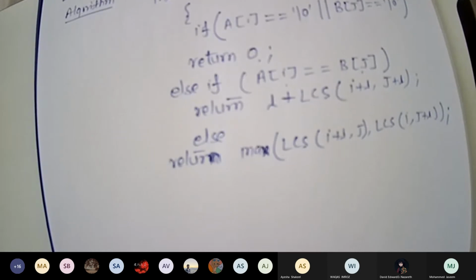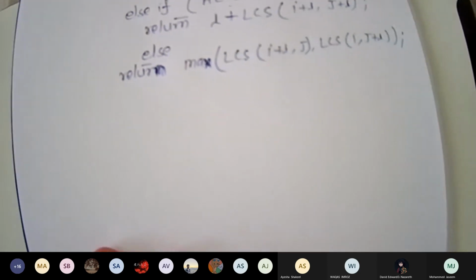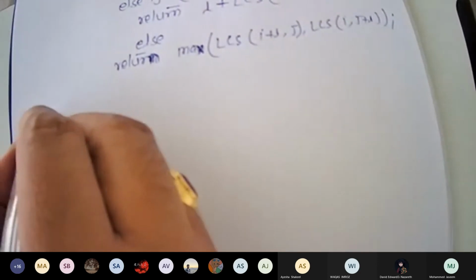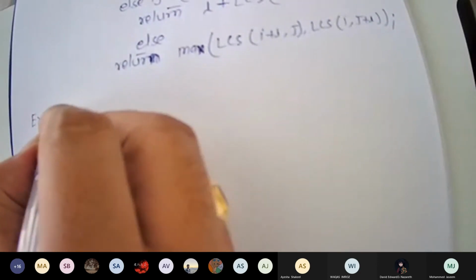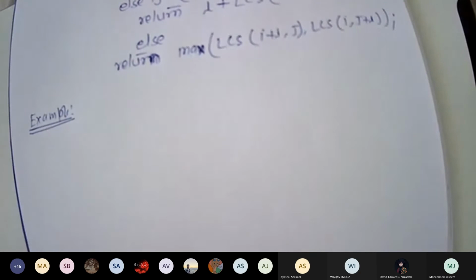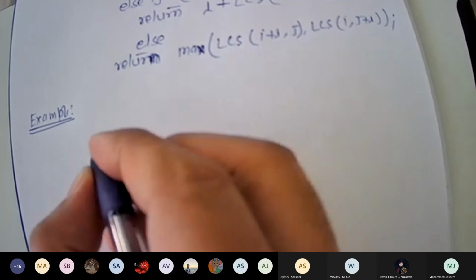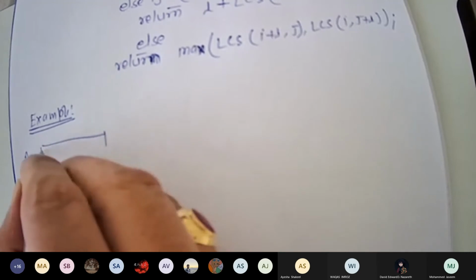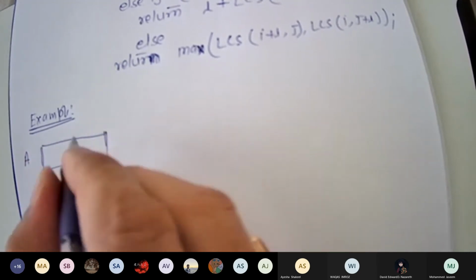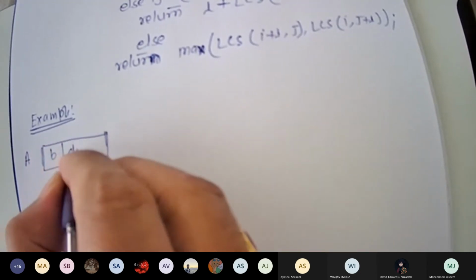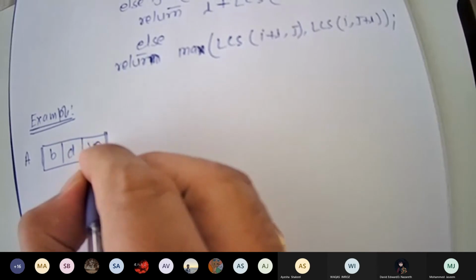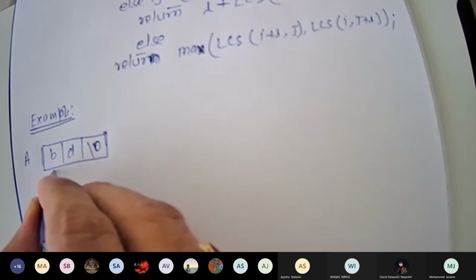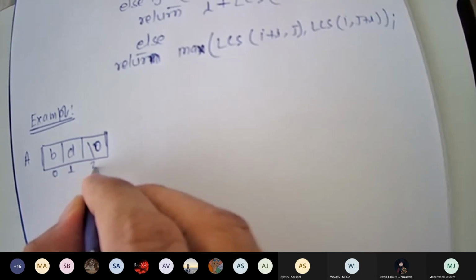So let's take one example with this. You will understand in a better way. Suppose that we have two strings, A with B, D and \0, with indexing 0, 1 and 2.